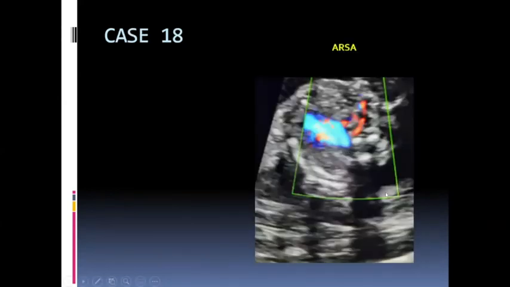This is an abnormal vessel. This is the 3-vessel trachea view, and this is the trachea. The small black thing is the trachea, and normally you won't see a vessel like this. So this vessel is going from the aortic arch, going behind the trachea and going to the right side. So this is an aberrant right subclavian artery, and the importance of that is it can be associated with aneuploidies. So we have to do a risk assessment, see whether all the other aneuploidy markers are there, and then counsel the patient.